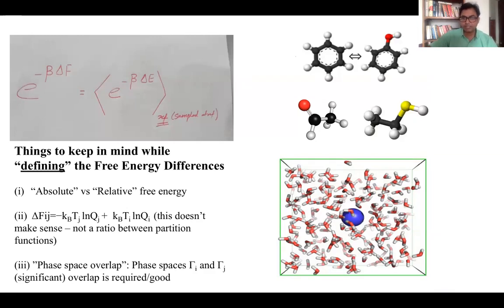There's an example from Andrew Leach's book, where you take ethanol and simulate it in, let's say, water, and you ask the question: what is the free energy difference, delta G, between ethanol and ethane thiol? You simulate it with ethanol and find the energy at each of the times. Let's say you run 100,000 steps, sampling every picosecond or every 2 picoseconds, as you dump your trajectory.